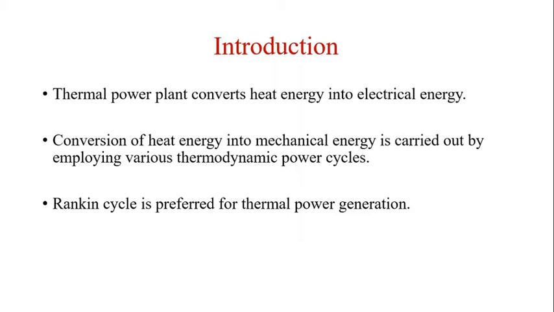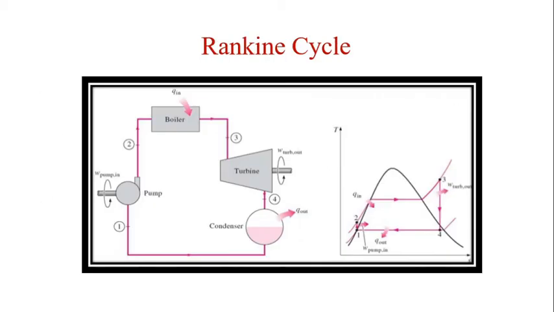Let us start with the discussion of the Rankine cycle, on which the working of a thermal power plant is based. The schematic shows the basic ideal Rankine cycle. The working fluid in the Rankine cycle may be water, mercury, a low boiling substance, or any other. Rankine cycle is the thermodynamic cycle for steam power generation, and thermodynamics govern the ultimate performance of the cycle, whether used in a coal fired steam plant or the bottoming cycle of a combined cycle power plant.